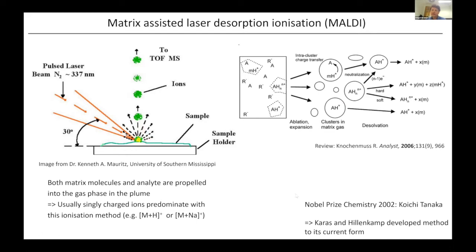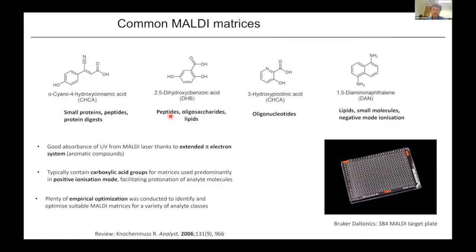laser energy. And again, the Nobel Prize in Chemistry 2002 was awarded for the MALDI process as well, to Koichi Tanaka, a Japanese scientist, and Karas and Hillenkamp. They actually developed the method in its current form, but it's worthwhile remembering Nobel Prizes are usually awarded for the first inception of the concept rather than the final refinement of the methodology to its final stage. Now, just showing some examples of the matrices that are typically used in